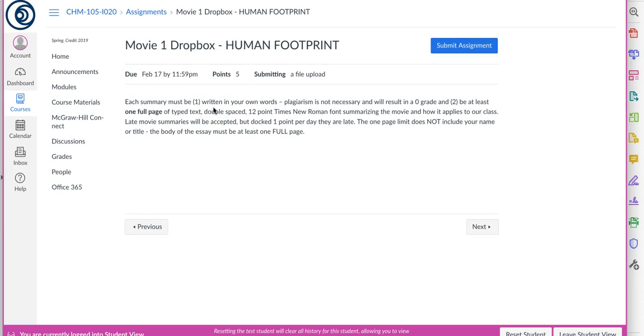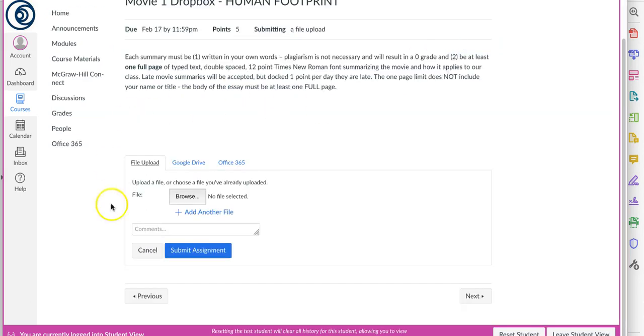Just type it, and when you're ready, click Submit Assignment. And when you do that, this comes up. Now, if you're using Google Drive, you can just click there and link to your Google Drive, or link to your Office 365, which is right here. Every RVC student has a free Office 365 account, which includes things like Microsoft Word, Microsoft Excel.